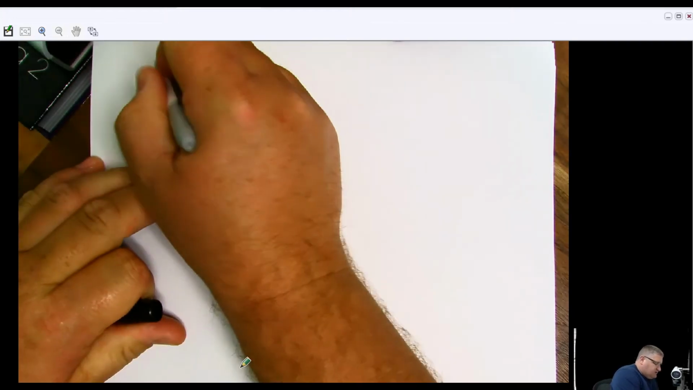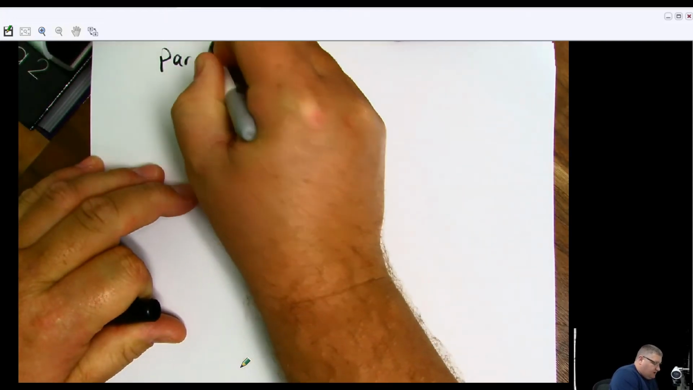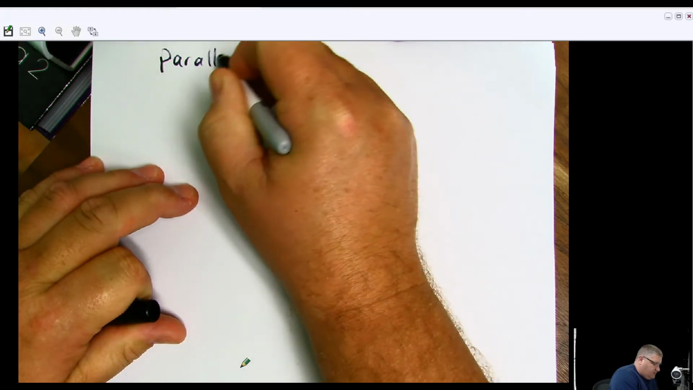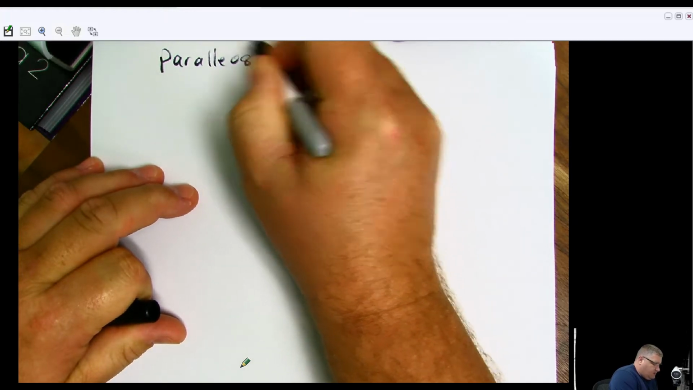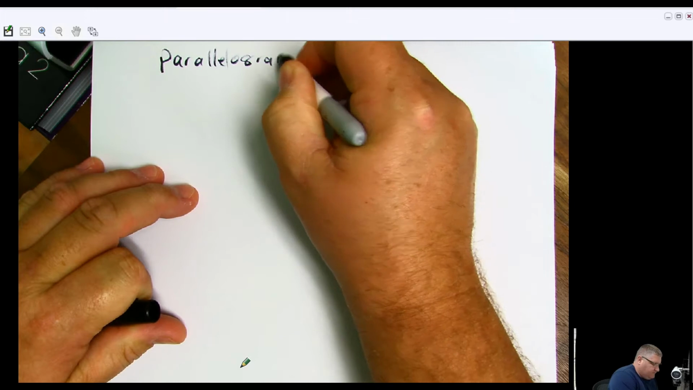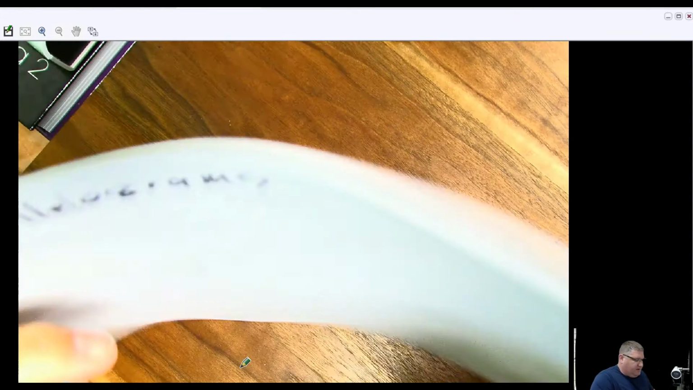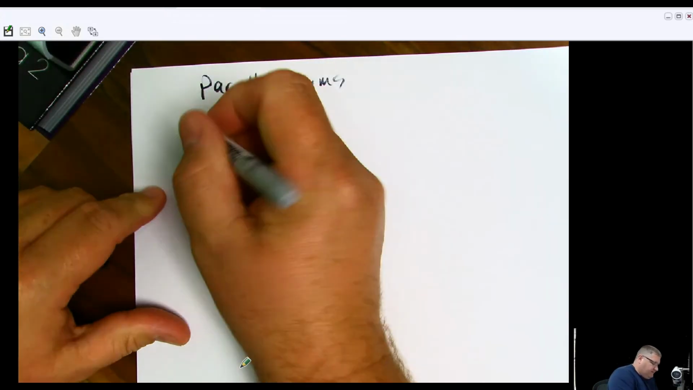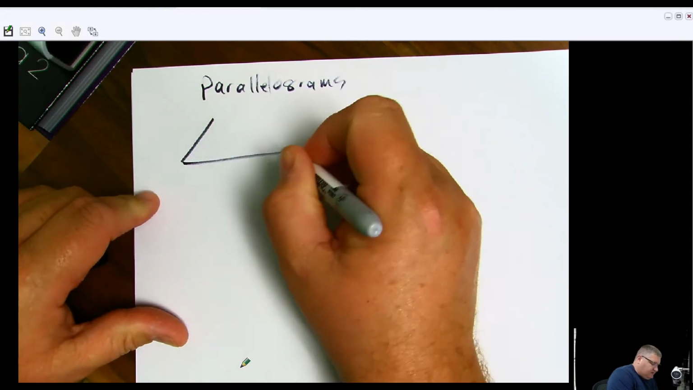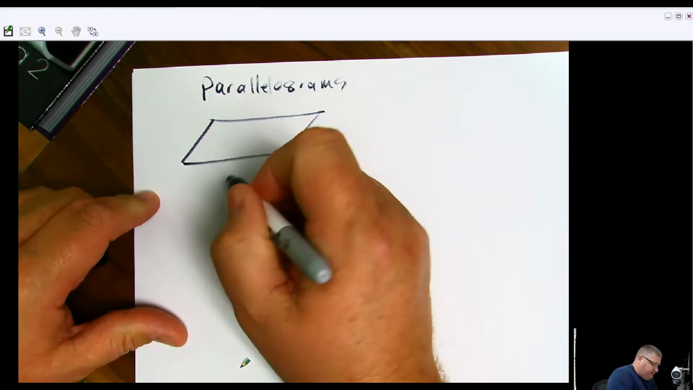Okay, ladies and gentlemen, let's talk about parallelograms. Parallelograms are an interesting little fella because we've already talked about if we have a parallelogram, let's say